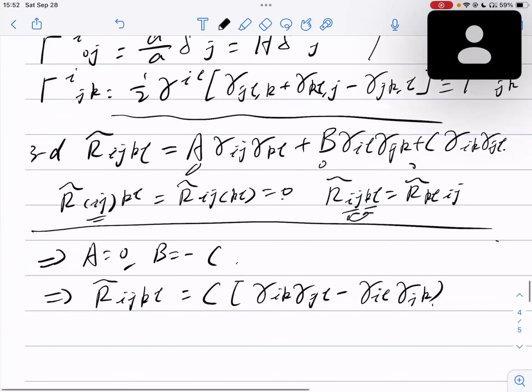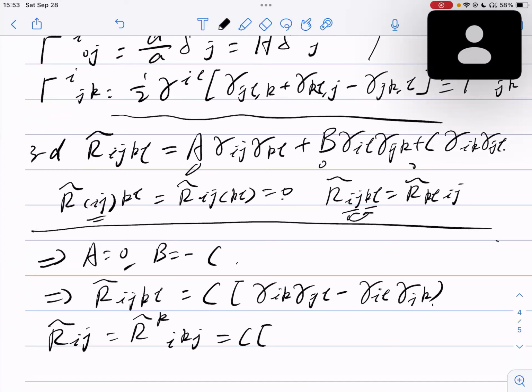Okay. And we know that according to the definition, the Ricci tensor in this three-dimensional space equals the contraction of indices of this Riemann curvature tensor. We can just write it down. It will be 3 gamma ij minus gamma ij, equals 2c times gamma ij. So we obtain a